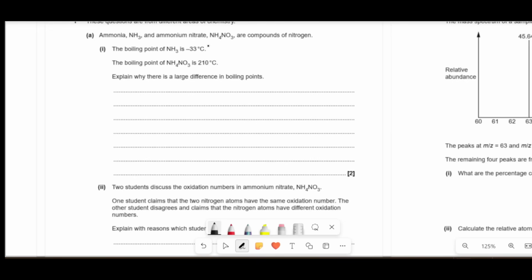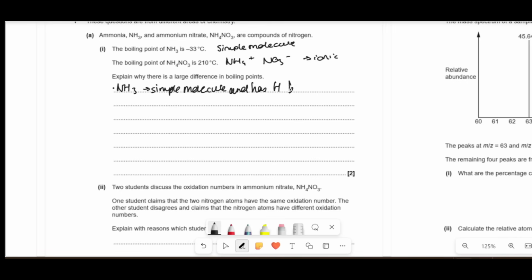So we've got NH3 here. That is just a simple molecule. But if you compare it to NH4NO3, that's NH4+ and NO3-. Those are oppositely charged, so it's ionic. All right. So that means the reason is that NH3 is a simple molecule and has hydrogen bonds and London